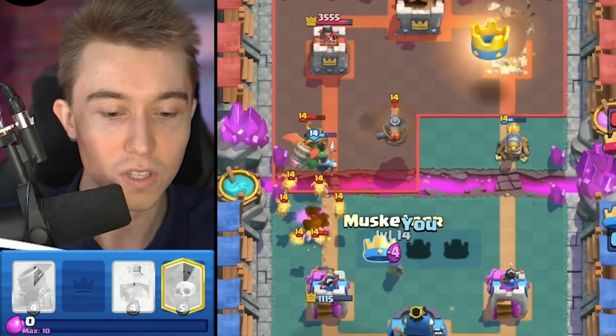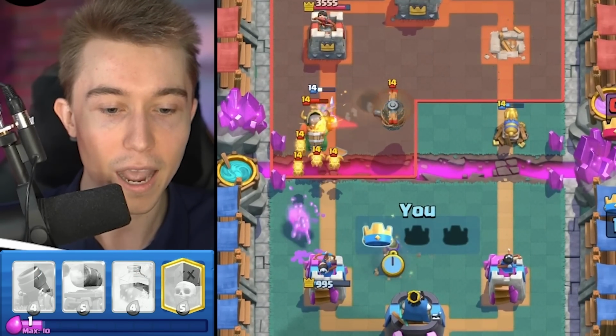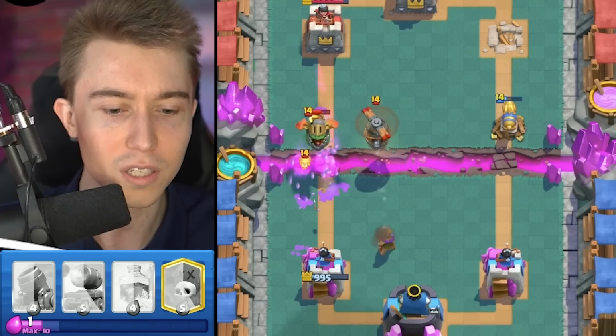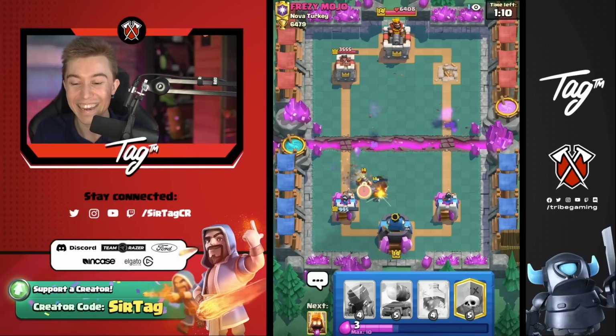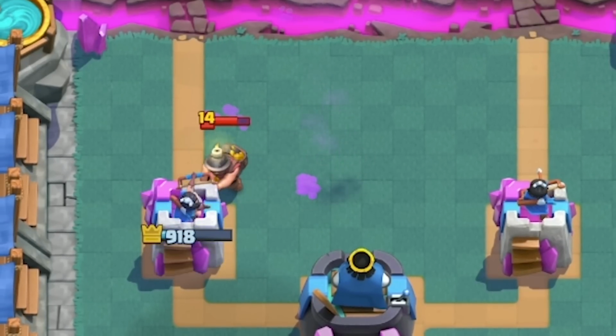Yeah, I'm going to go for Musketeers instead. I think it's just a better play. I end up taking tower. I think the Musketeer also locks Flying Machine, which is really, really good for me. And look at that. We out here right now. As long as we're able to shut down that Miner,